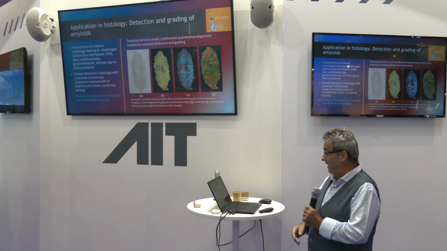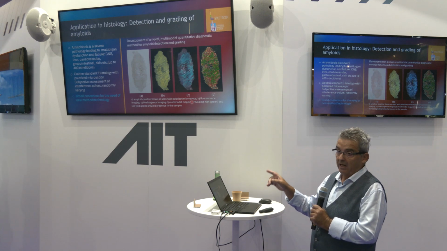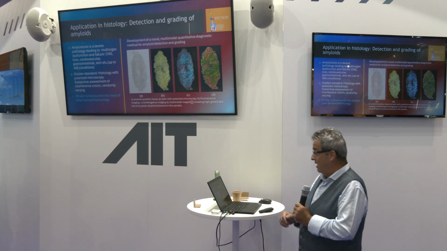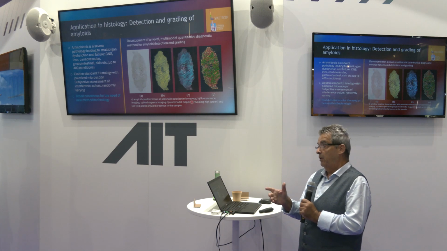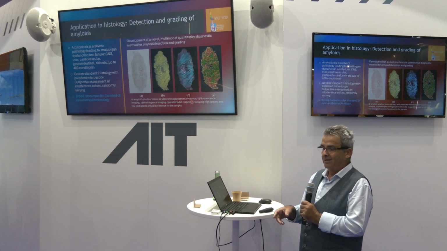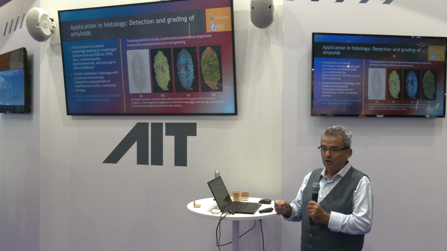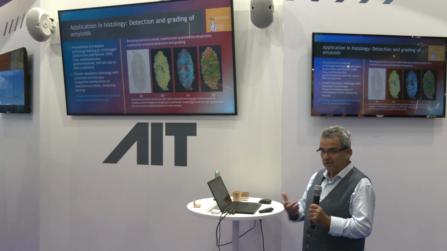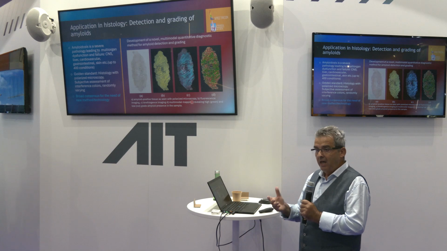And now that's another application where we exploit the birefringence aspect that we have developed. So what's the problem? I'm sure very few people are familiar with amyloidosis. Amyloidosis is a very important disease which leads to dysfunction of several organs and also the failure of several organs, like cardiac tissue. And today, the way that they diagnose